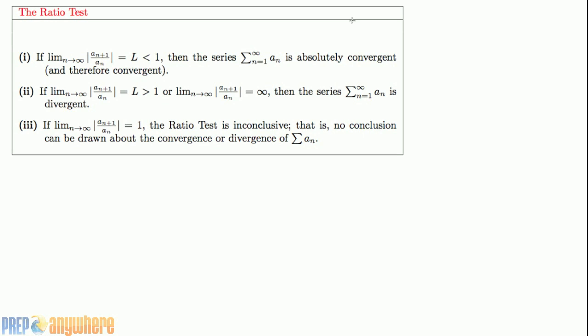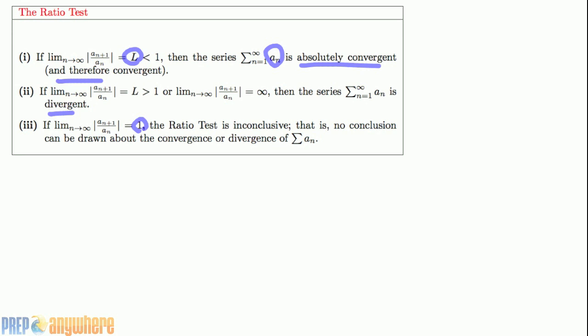Okay, the ratio test. I would say this is actually one of the most popularly used tests for infinite series, particularly in exams. So let me just briefly describe what it is. If you have a ratio of a_n, the general term, a_(n+1) over a_n, if that limit is approaching a constant that's less than 1, then we say it's absolutely convergent. If it's greater than 1, it's divergent. And if it's equal to 1, then